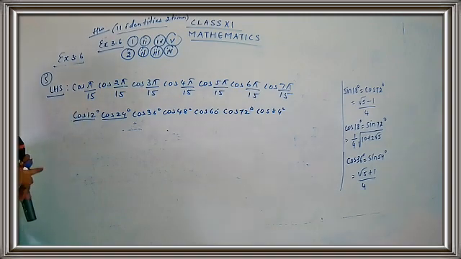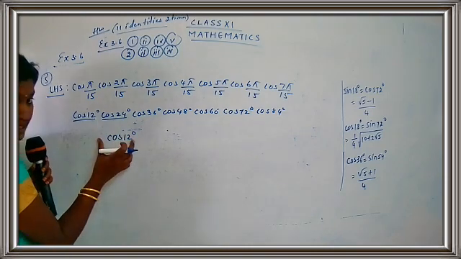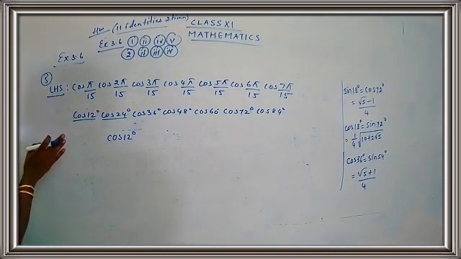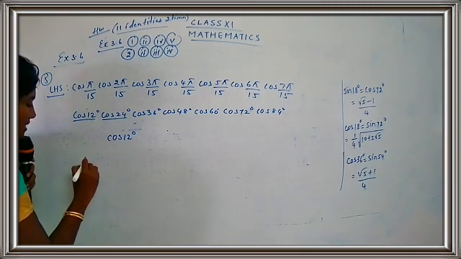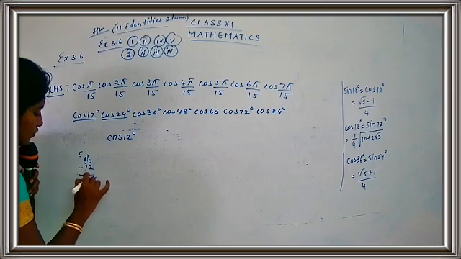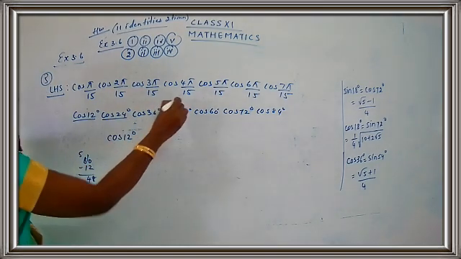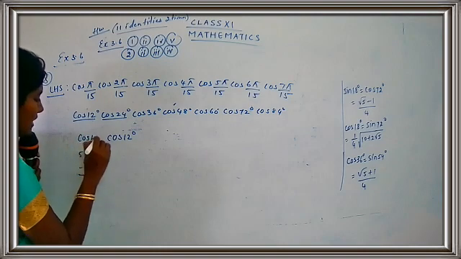Now I have to find 60 minus A and I have to find 60 plus A. Okay, children? So I'll be writing cos 12 in the middle. So this is cos A. I want cos(60 minus A). So what is 60 minus 12, what is the answer, children? It's 48. So I need 48. Do you have 48 here? Yeah, I have 48. So I'm going to write down here cos 48 degree.